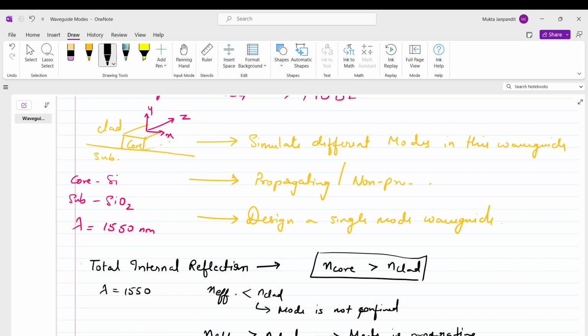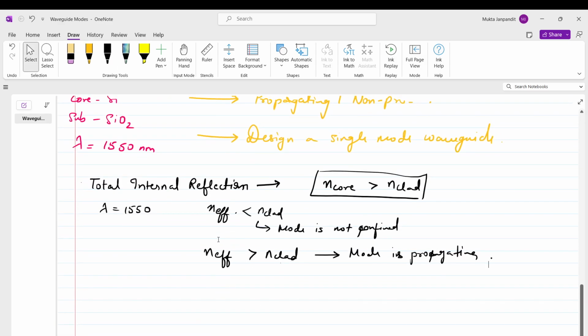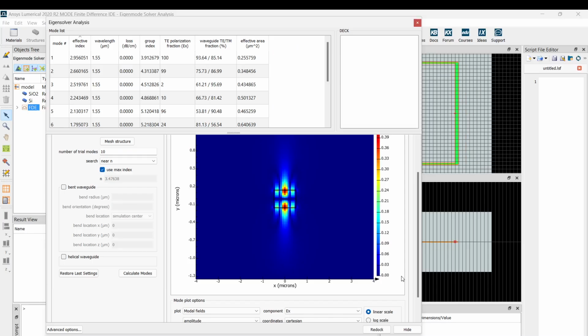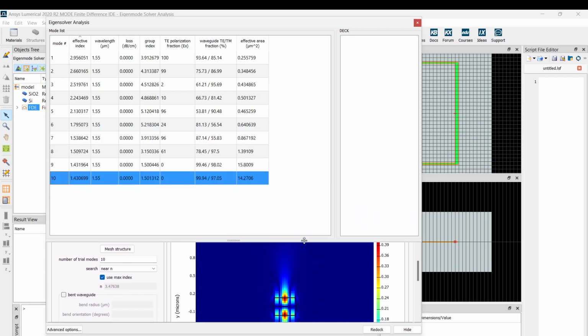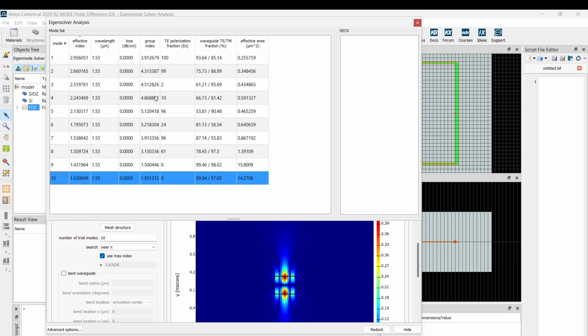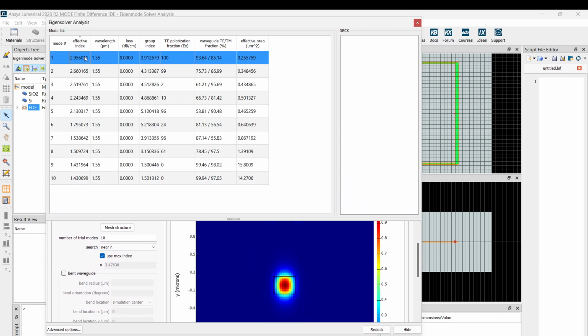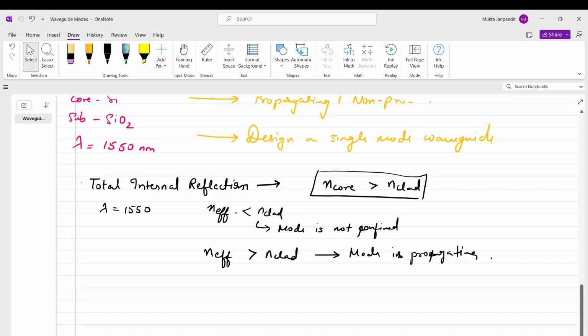Okay. So basically, we have to look at the effective refractive index. Let's go ahead and check that. So I have the 10 modes here. The first mode has a refractive index of 2.95. If you remember, the refractive index of n clad in this case is the refractive index of SiO2, right?